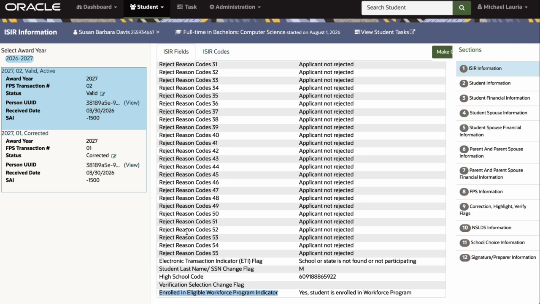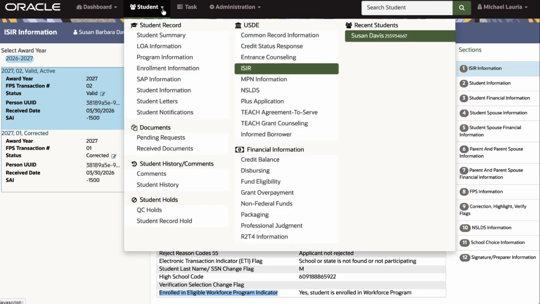If we now look at our example student on the ISER page, you will see that I have generated an ISER correction and received the corrected ISER with enrolled in eligible Workforce Pell program indicator equal to yes, student is enrolled in the workforce program. If we now move over to the packaging screen,